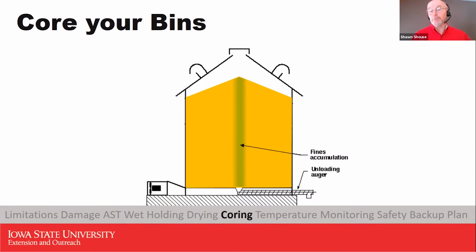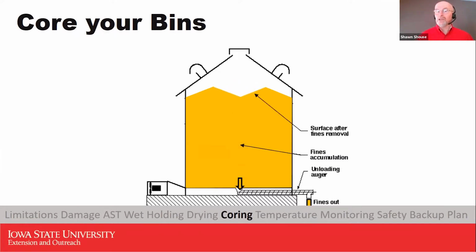That causes 2 problems. It reduces airflow through that core, and that core is also the tallest column of grain in the bin, which reduces airflow. And those broken kernels and fines are more easily attacked by mold, making this the most highly susceptible grain in the bin. Coring the bin, as you start to extract the grain, takes that core of grain out first as it draws down from the top of the bin. So you get the worst of the grain out of there, the highest risk grain out of the bin,